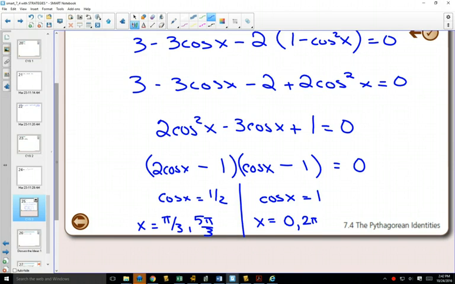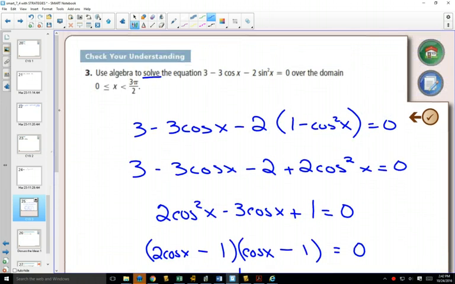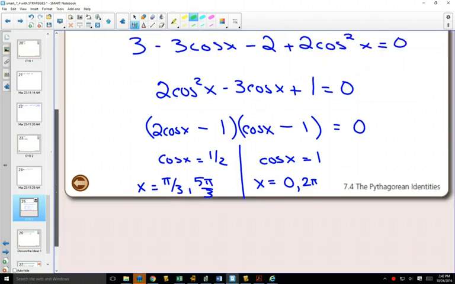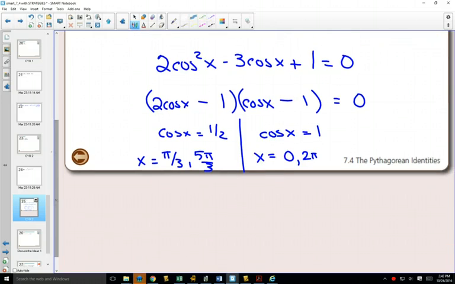Now, again, we'll naturally start to solve things between 0 and 2 pi. And that's why it's a good practice always to look back to your original equation and go, oh, look at the domain here. The domain is only from 0 to 3 pi over 2. That's only quadrant 1, quadrant 2, and quadrant 3. So after I've written my answers down, I have to realize I have to get rid of this one because it was in quadrant 4. And I have to get rid of this one because it's also past 3 pi over 2. So our only answers will be pi over 3